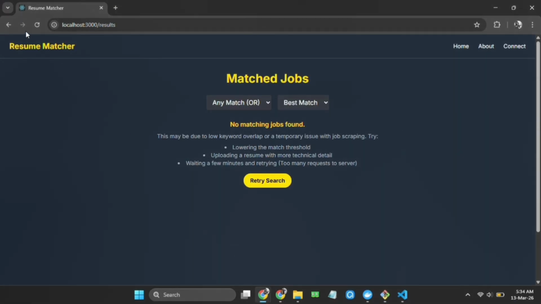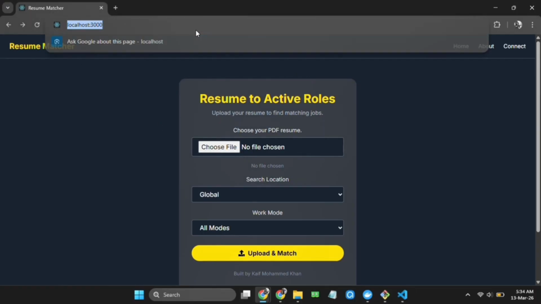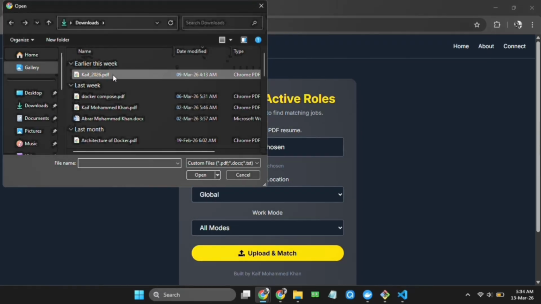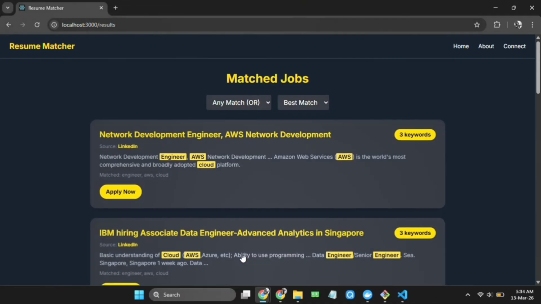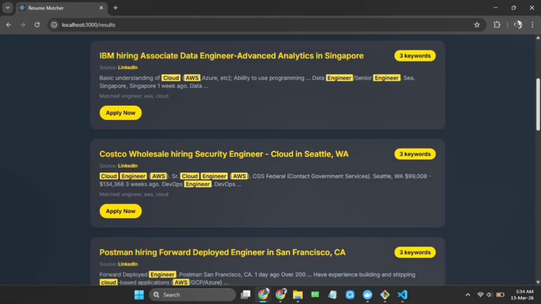Now let's confirm it by going to localhost:3000, as it is serving and running on port 3000. As you can see, it is healthy and running on port 3000. Let's confirm it by adding a resume into it. As you can see, results are also visible, which means the application is up and running perfectly fine.